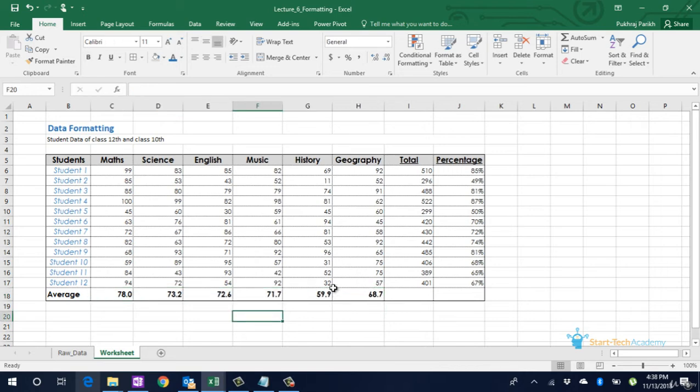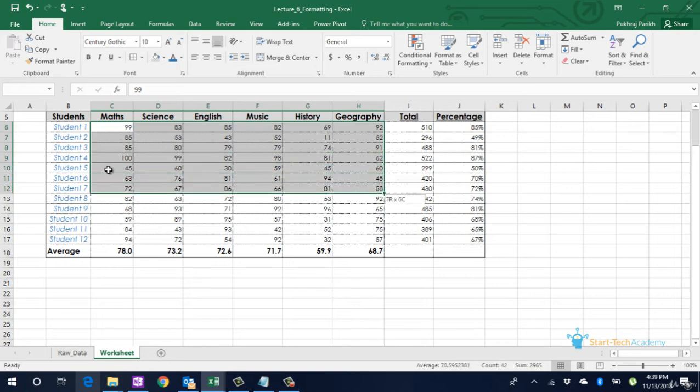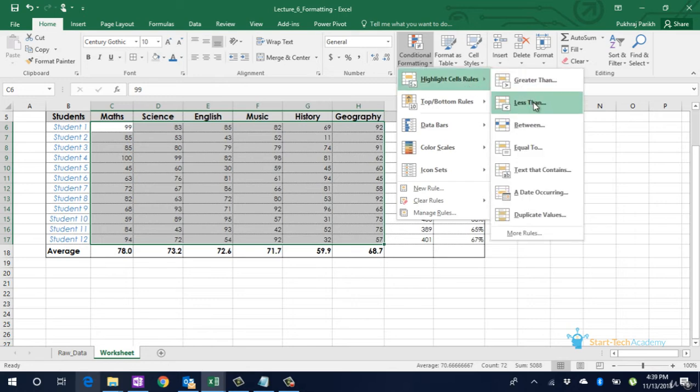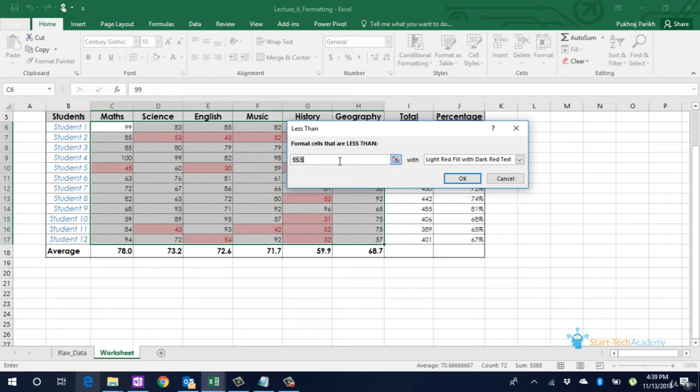So now let us move on to conditional formatting. Conditional formatting is a very strong tool that Excel provides us. This tool provides us the option to visually highlight the data as per the rules that we have specified. This makes the data more understandable just by looking at it. So let us highlight in our example those students who have scored less than 35 marks in any of the subject. So we select all the numbers. Then we go to conditional formatting and go to highlight cell rules, select less than value, give a value of 35.